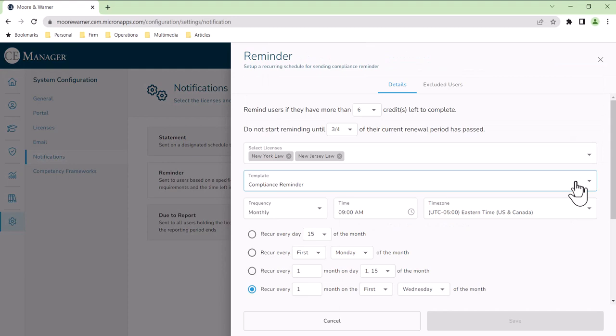Here we see 2 new options at the very top. The first option turns off the license notification if the user has completed the listed number of credits. For example, we select 3, which states, remind users if they have more than 3 credits left to complete. If the user has completed, say, all but 2 credits, he or she will not receive email notification for this